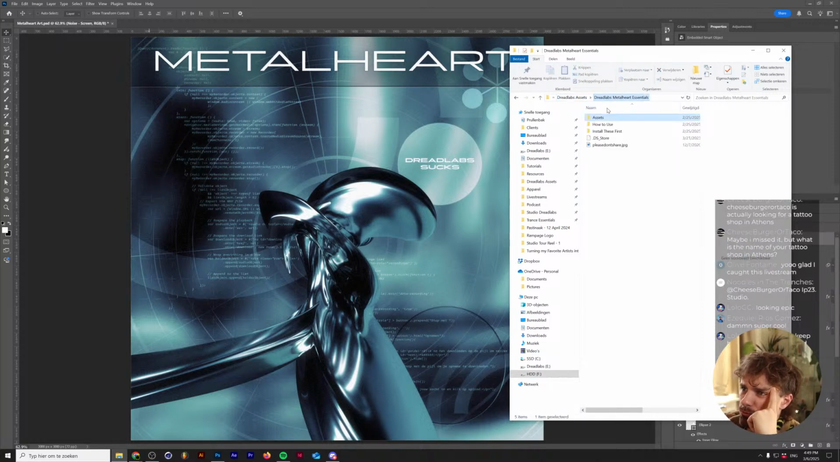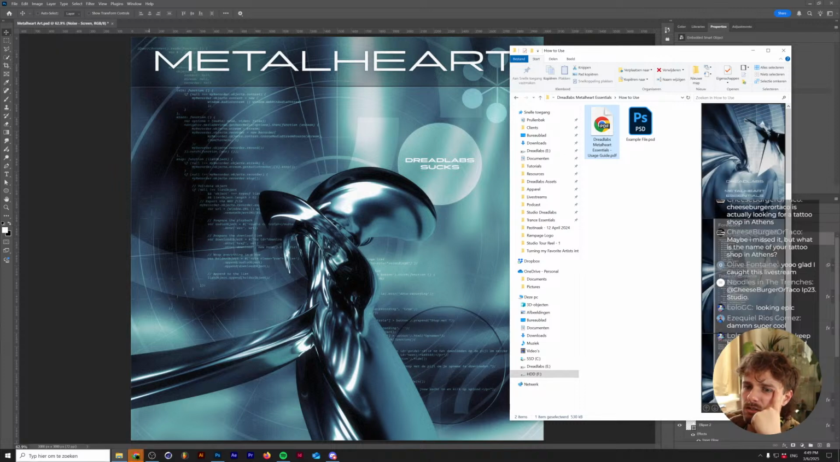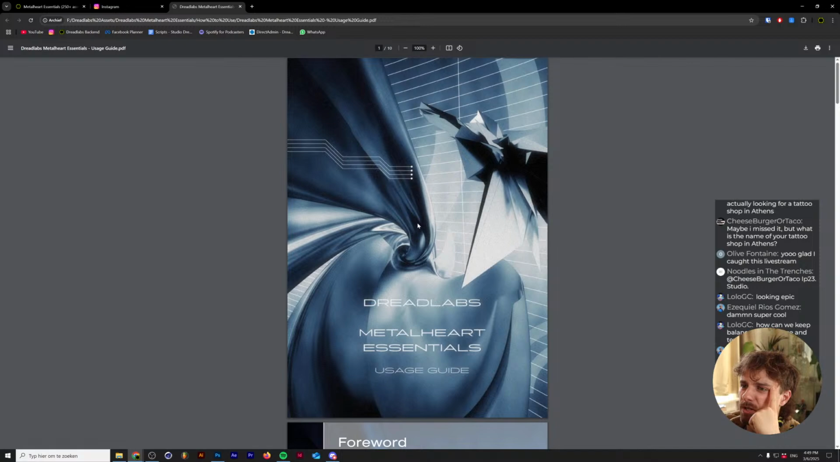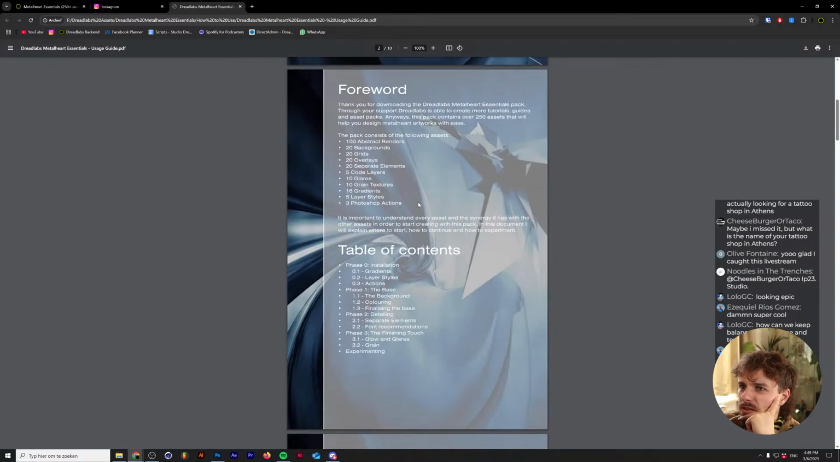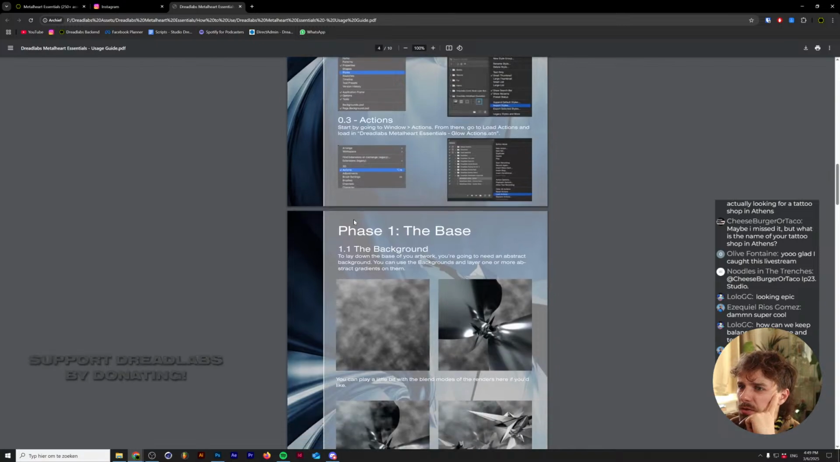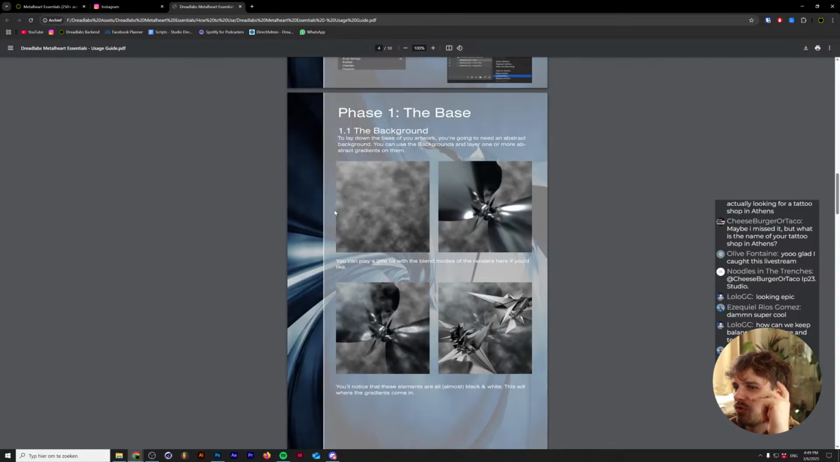I'm just going to showcase the how-to-use part. This is a PDF file, and this is basically what you get when you buy the pack as well: a usage guide, a table of contents, and the way that you install everything. The reason I made this in this style is because this is the way I used to follow YouTube tutorials back in the day, when I was like 12 years old and getting Photoshop